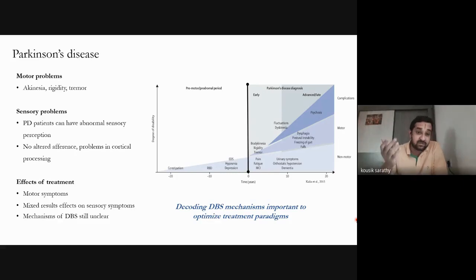There is, of course, a good question of why do we need to worry about mechanisms. It is necessary because the treatment is leading to side effects, and if we have to understand why the side effects occur, and if we want to titrate the treatment well in a patient-specific manner, you have to understand the mechanisms of DBS. And this is where the whole electrophysiological battery comes into play, because now we have to try and understand how DBS works, how DBS is affecting the functioning of the brain, especially the basal ganglia cortical motor cortical system. And this is where the challenges come into play. We will look at it one by one.